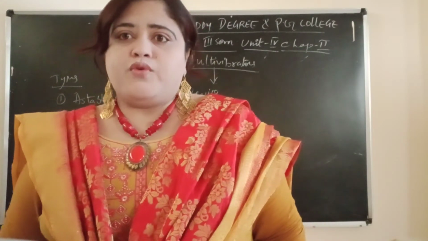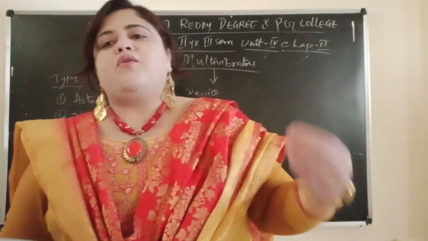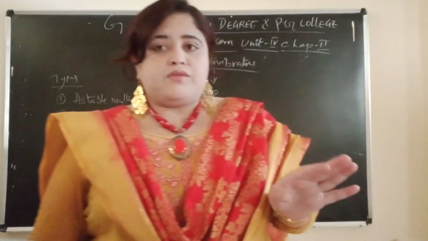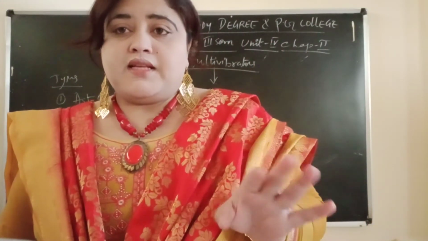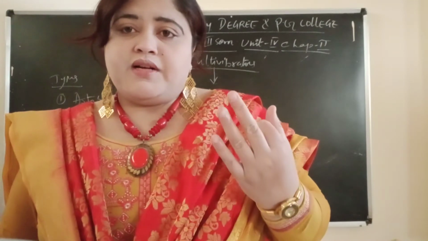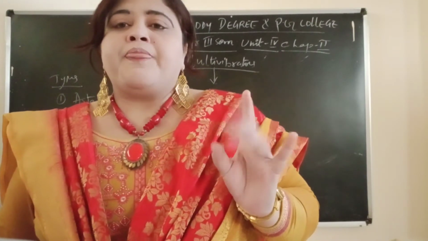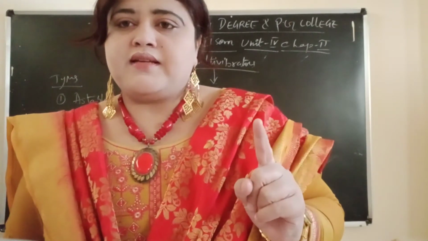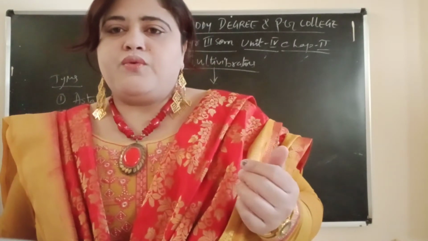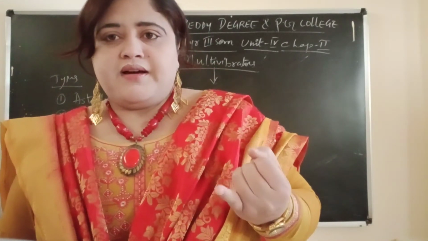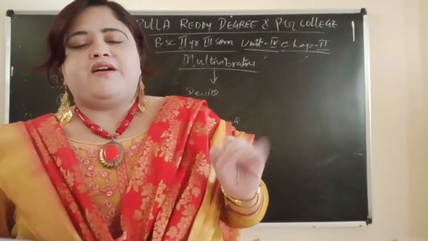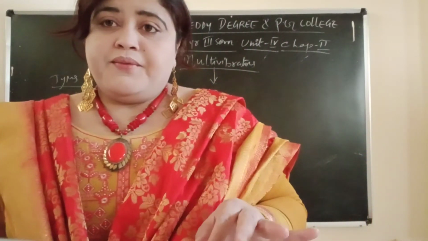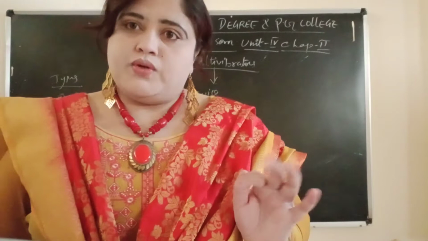From unit 4, if you want to study, you can study all the oscillator answers. But if you don't have interest in oscillators, then for the exam, for the essay answer type, simply studying the 3 multivibrators is more than enough, because one essay answer is compulsory from multivibrators. Out of the 3 multivibrators, one essay answer will come. So it will be easy for you. From unit 1, you have to study 3 answers, half and full bridge rectifiers. Then from unit 2, you study only 3 answers, more than enough. Then from unit 4, if you study 3 answers, more than enough.